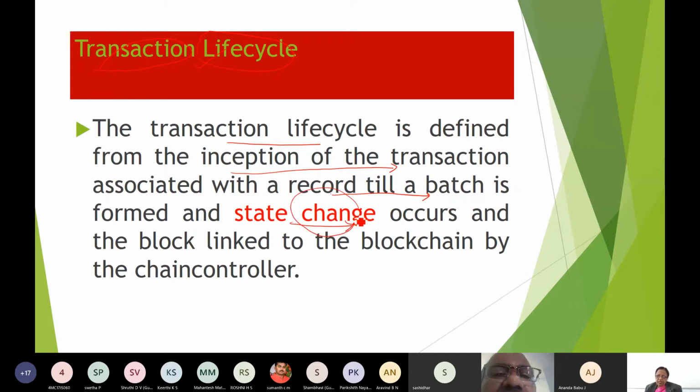Please remember this: a state change occurs and that block is linked to the blockchain. So right from the birth of the transaction till it sits comfortably in the block in the form of batches in Sawtooth, the whole thing is known as the transaction life cycle.